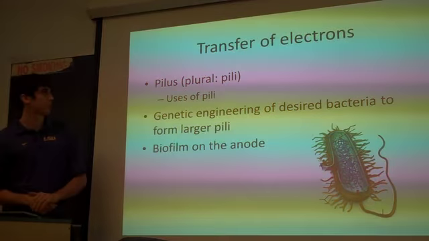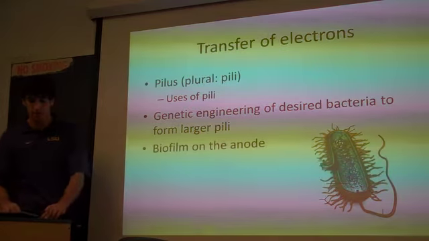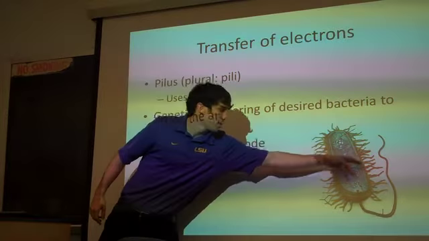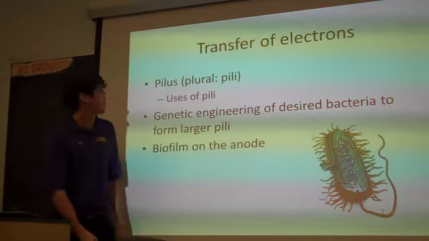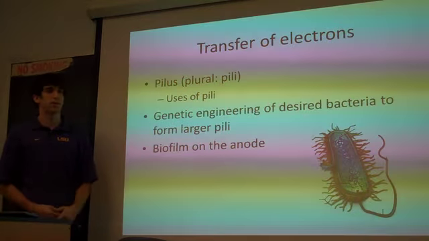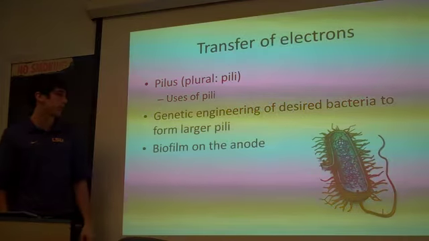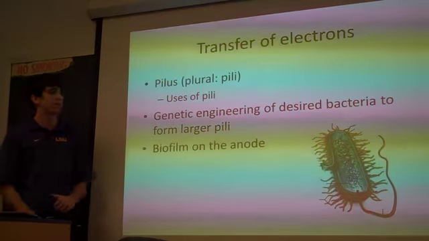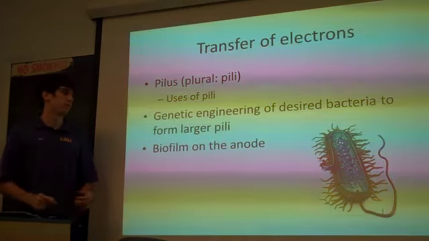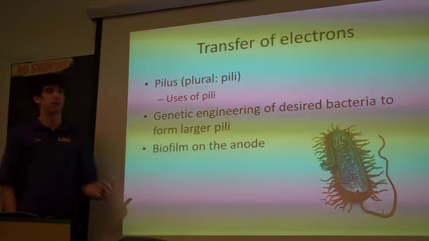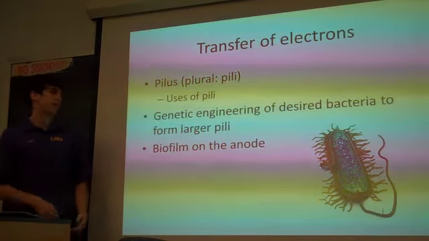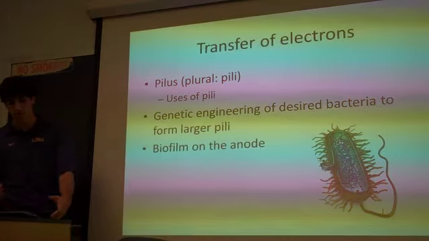And the electrons are able to be transmitted across the biofilm to the anode via the pili. And as you can see right here, these are the pili. Singular, it's pilus. And bacteria use these for a number of things. They can use them for moving around, grabbing stuff. Also, they're used in conjugation, and that is the transfer of DNA from one bacteria to another. So this can randomly happen. Bacteria can transfer DNA, and different traits are passed along that way. New species are created.